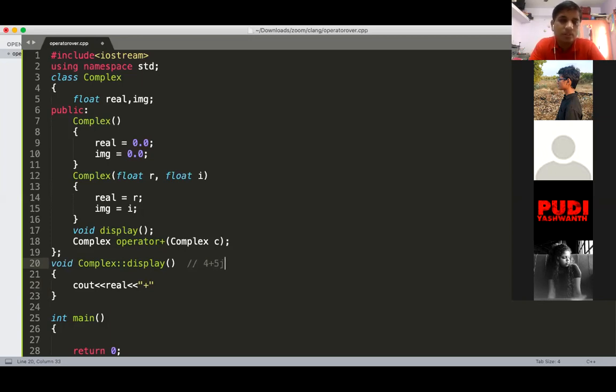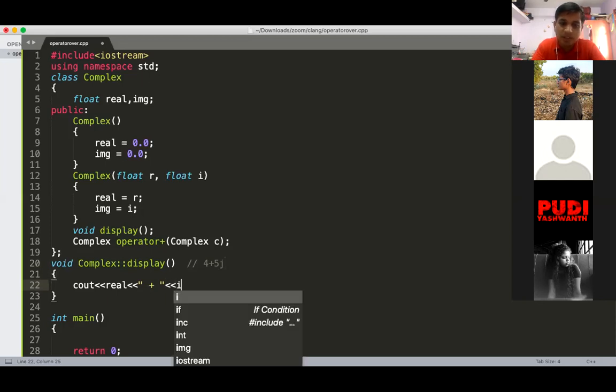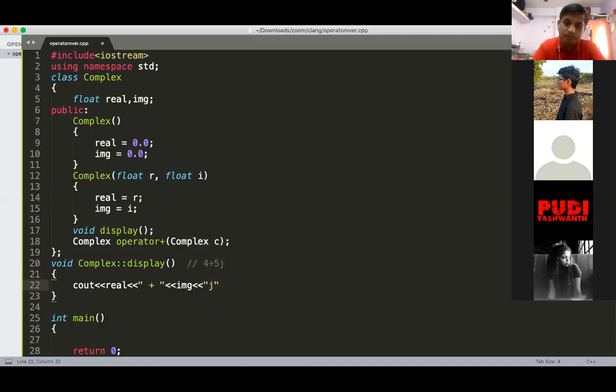So I'm writing in this format, 4 plus 5j. 4 is your real number and 5 is your imaginary. So it is real plus imaginary and j and endl. So this is my display function. So next one is your operator function.